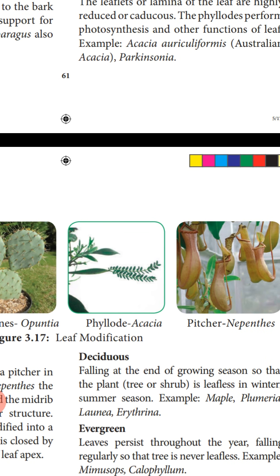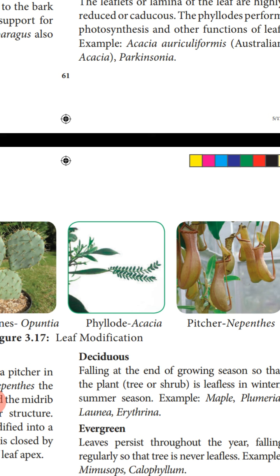Here you can see that the acacia plant has a compound leaf. Now in this you can find the petiole. The petiole is modified into a flat structure, and this grows vertically. The arrangement of this phyllodes is vertical, so that less transpiration takes place. This phyllodes is not horizontal, it is vertical, so that less transpiration takes place.